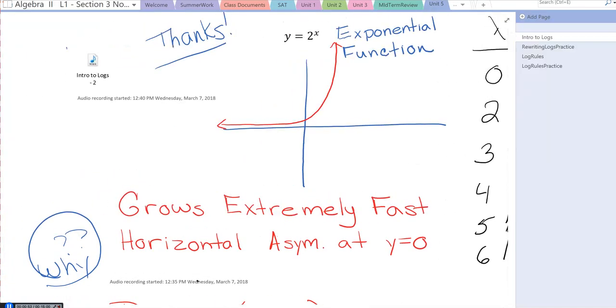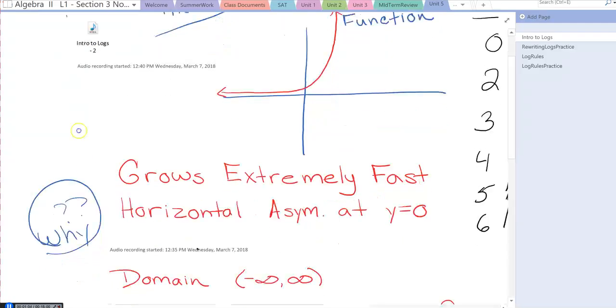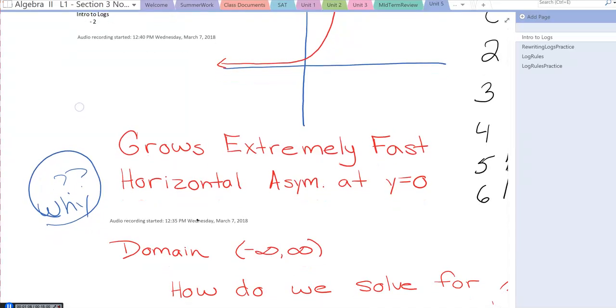I wrote here y question mark. I want you to ponder that question and have that answer ready for tomorrow. Why does this have a horizontal asymptote at 0? Next, the domain, all the possible x values go from negative infinity to positive infinity, so everything works. Now,